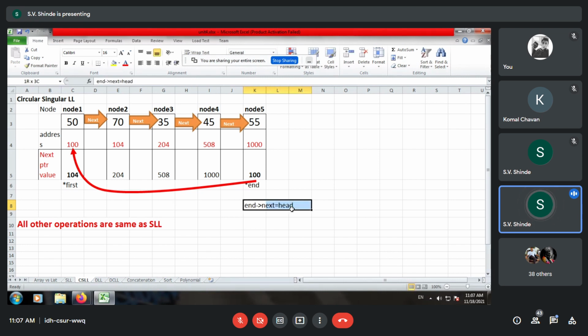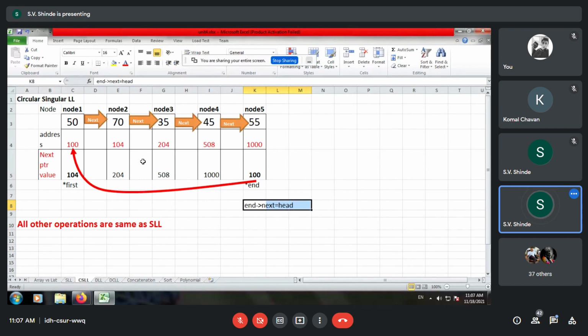So this statement is very important. So when you add this statement, that is end arrow next is equal to head, your linked list becomes circular, and it is a type of ring network.